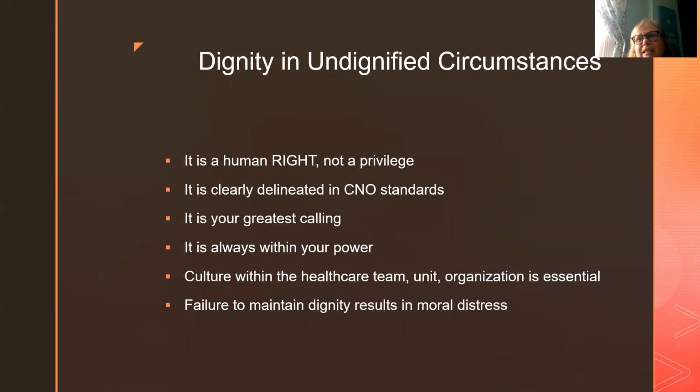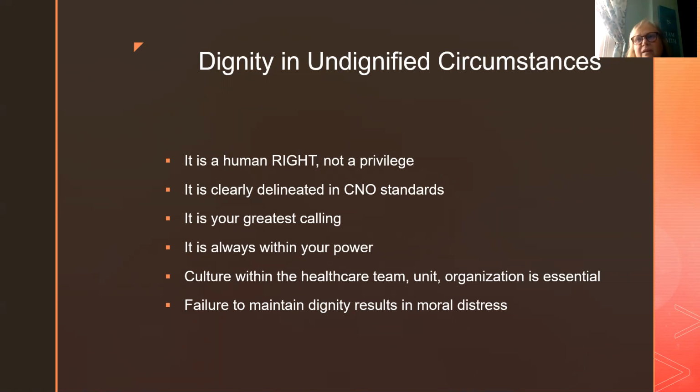If somebody arrives, let's say, with no clothes on or partially dressed or other things, even in the midst of a code, we pull curtains if it's possible to pull curtains. We don't leave people to be exposed. We don't allow a whole bunch of looky-loos to come on as we've got, let's say, a code happening or a pre-arrest or something else. We always say the only people who are allowed to be in the situation are the people who need to be in the situation. Sometimes a student might be observing, or an RT student, a nursing student, but always we are maintaining dignity. Our first thought is around dignity.